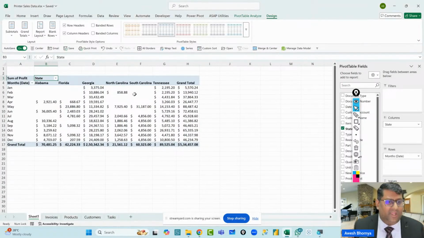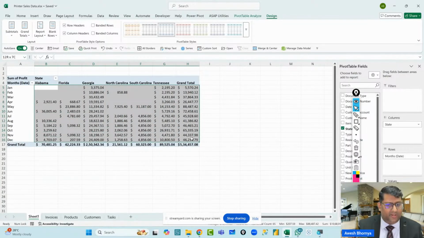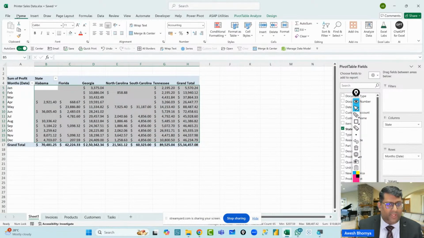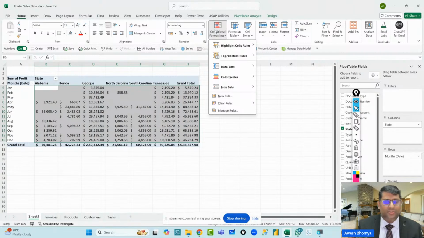Now, once I've done this, I want to see which months are doing well in terms of profit and which months are not doing well in terms of profit, right? So what I do is I select this entire data and then I go to the home tab and use the conditional formatting.